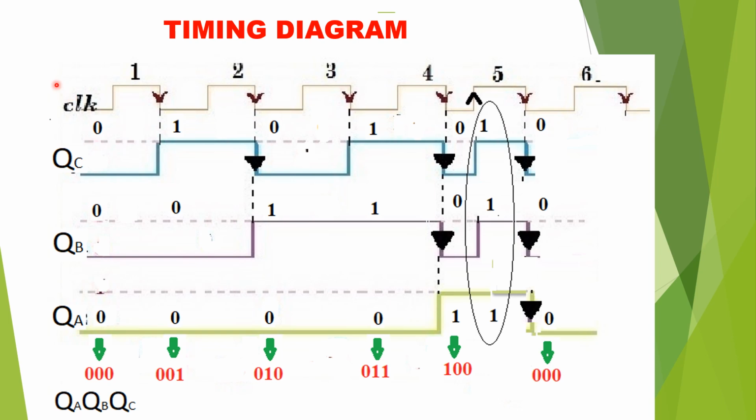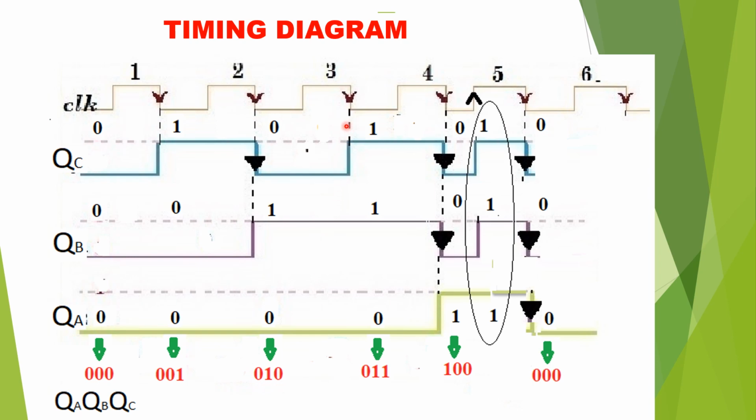Let me explain the operation with the timing diagram. We apply clock pulse negative edge to all the flip-flops. Initially, the counter state is at 0, 0, 0. That is output of all A, B and C outputs are 0. That is the initial state. When the first clock pulse comes, C flip-flop toggles and the count sequence becomes 0, 0, 1. When the second clock pulse comes, C flip-flop and B flip-flop toggles because the toggling of C flip-flop produces a negative edge clock pulse to B flip-flop and it toggles. So the count sequence becomes 0, 1, 0.